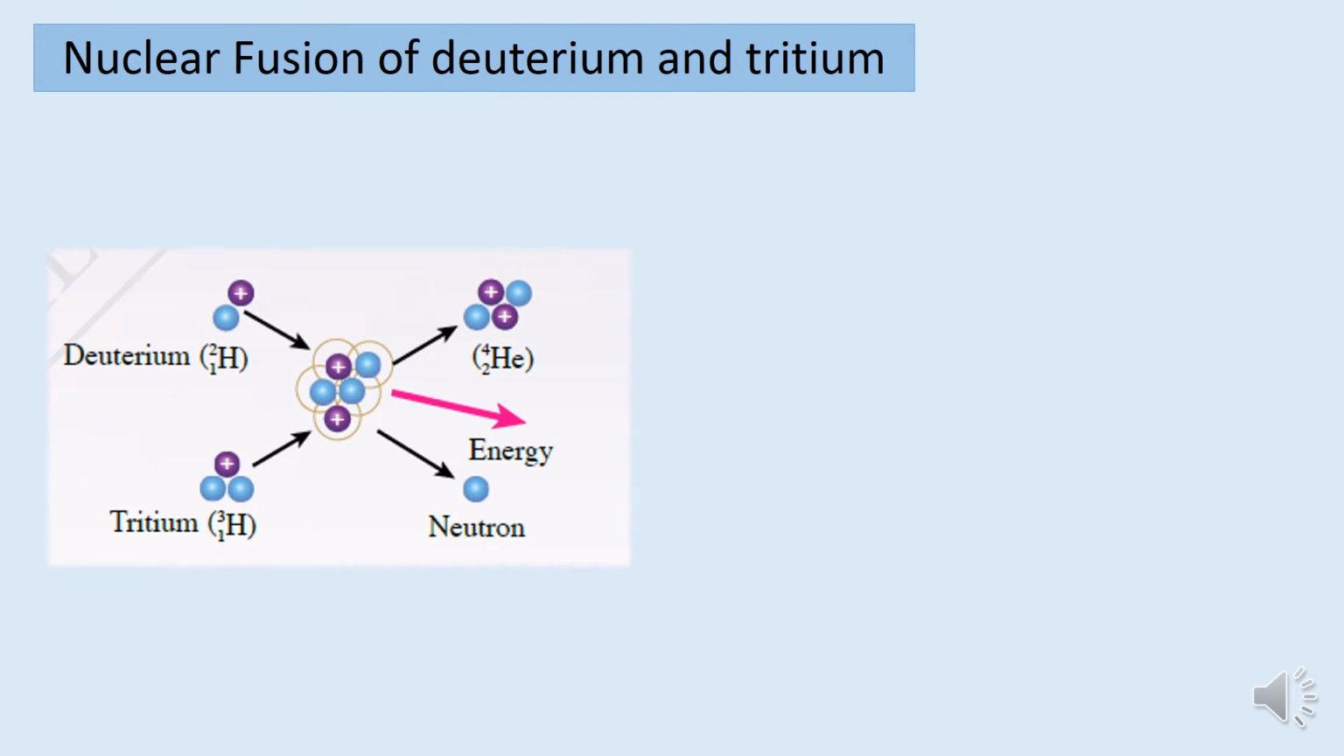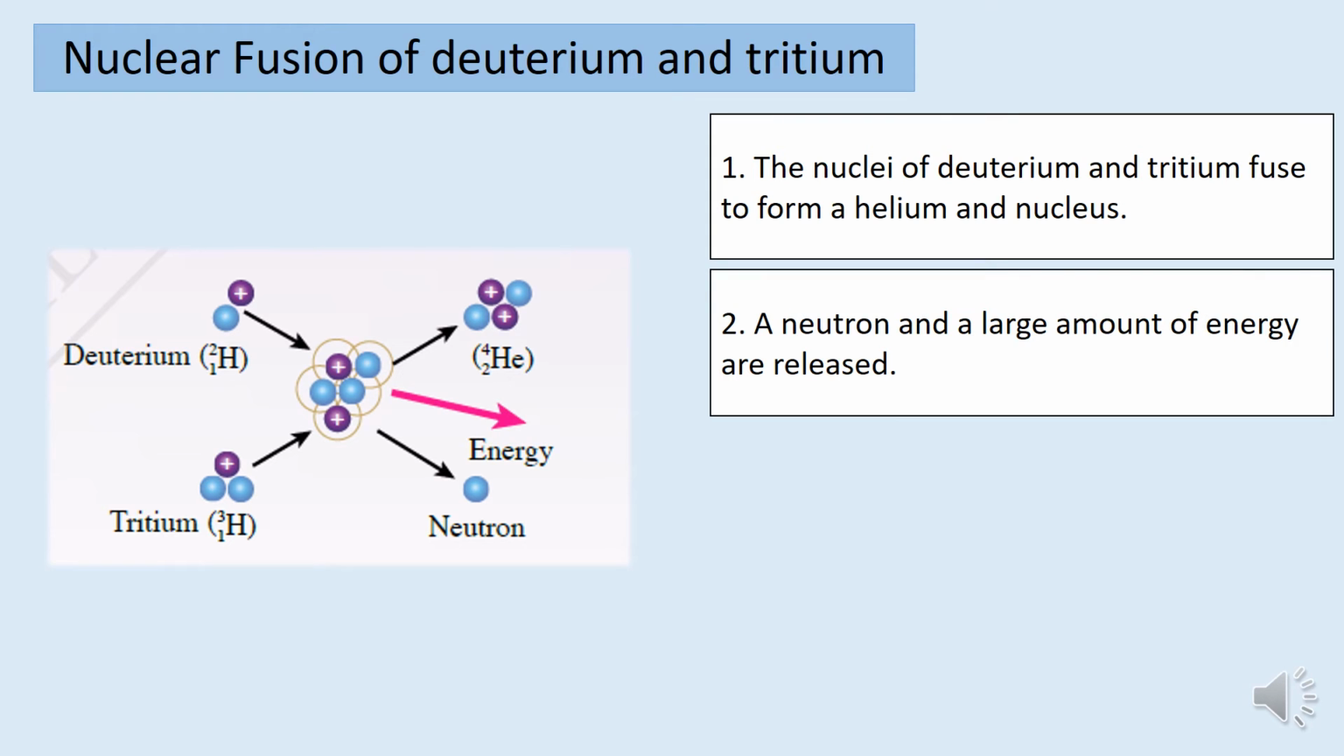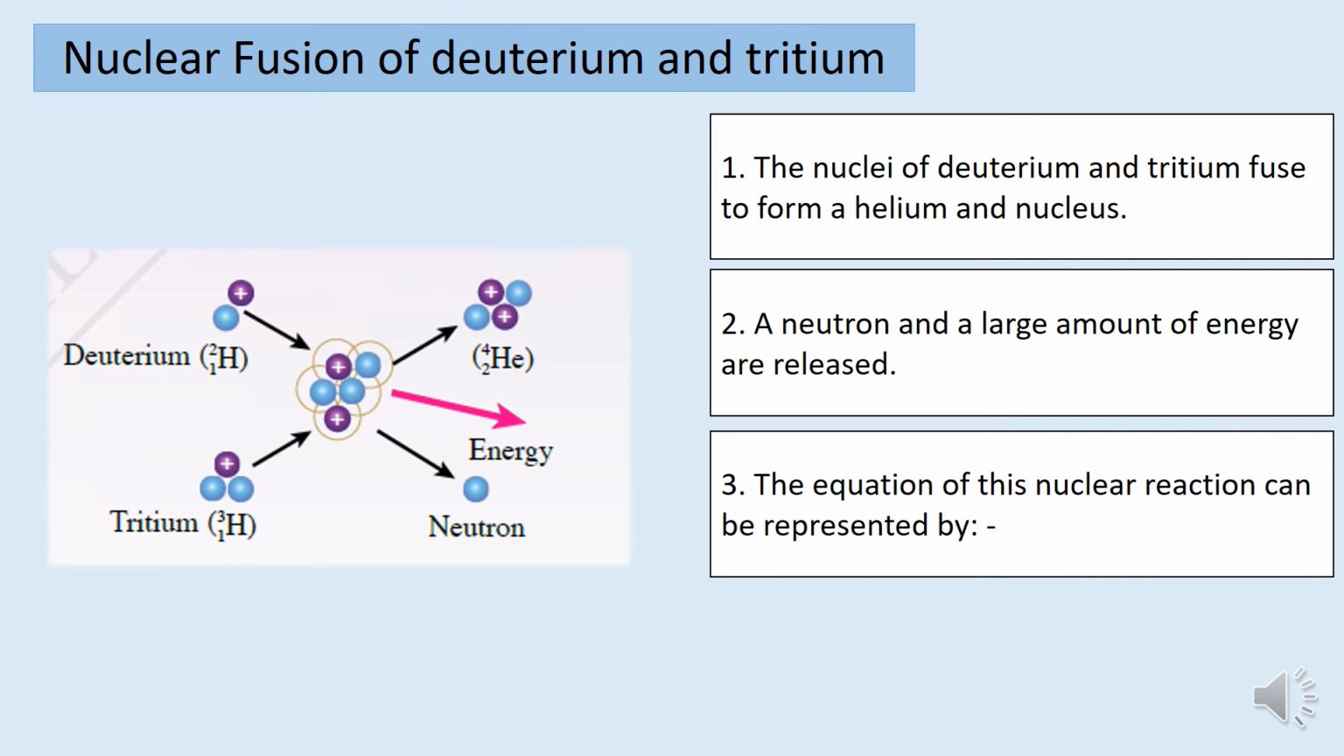Let's take a look at the nuclear fusion of deuterium and tritium. The figure shows the process of nuclear fusion of deuterium and tritium. Firstly, the nuclei of deuterium and tritium fuse to form a helium nucleus. Next, a neutron and a large amount of energy will be released. The equation of this nuclear reaction can be represented by